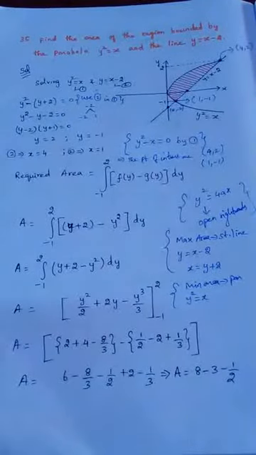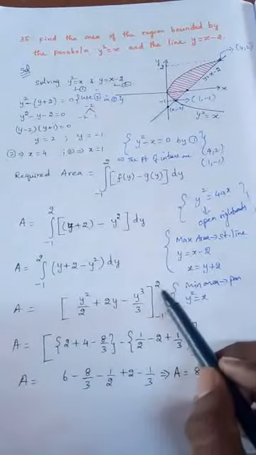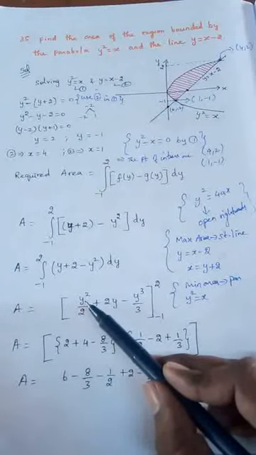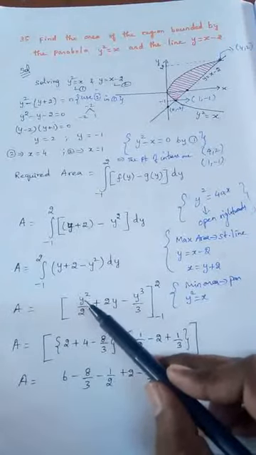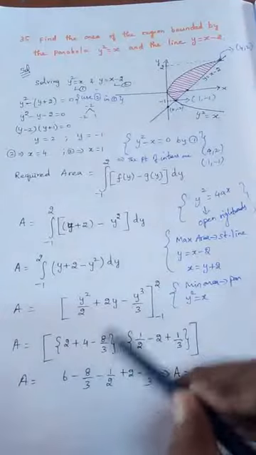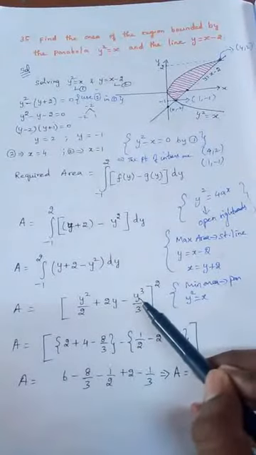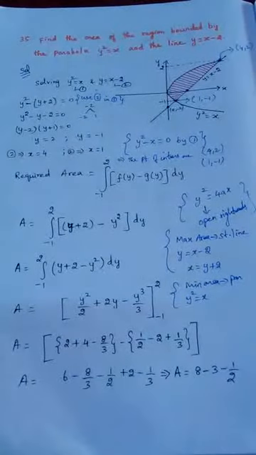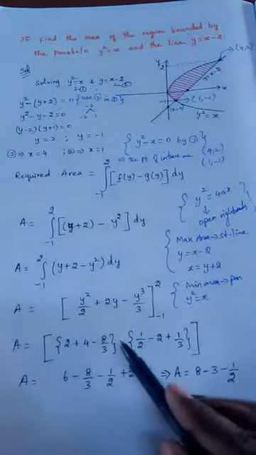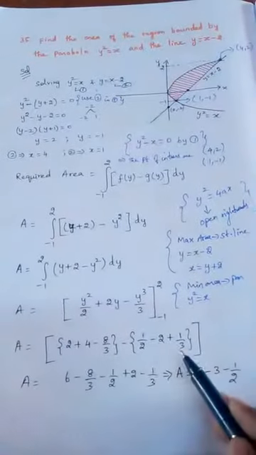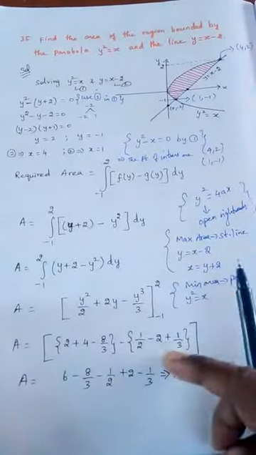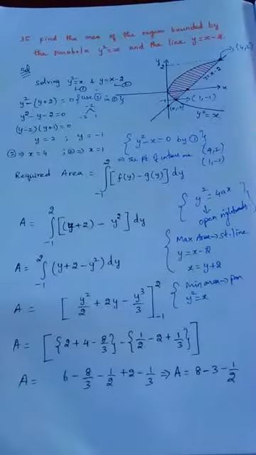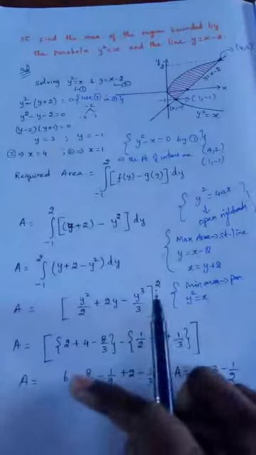Hope you would have understood this. Now, first I have to apply the upper limit, right? First I am applying the upper limit here, which means in place of y, I should write 2. So this becomes 2, this becomes 4, and this is 8 by 3. What we usually do, when we complete applying the upper limit, is immediately put a minus sign, then go for the lower limit. So this is the upper limit and the lower limit. In between, the minus symbol is present. All the other things are nothing but simplifications. You can understand how this comes, right?